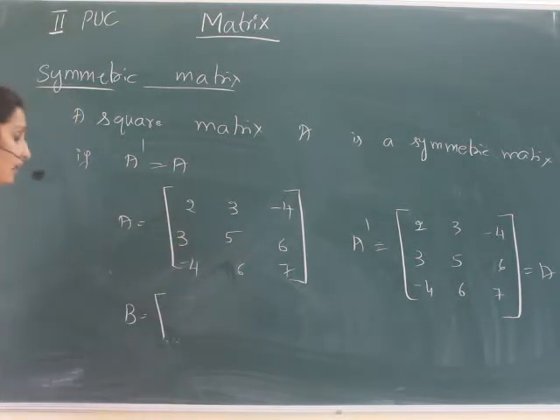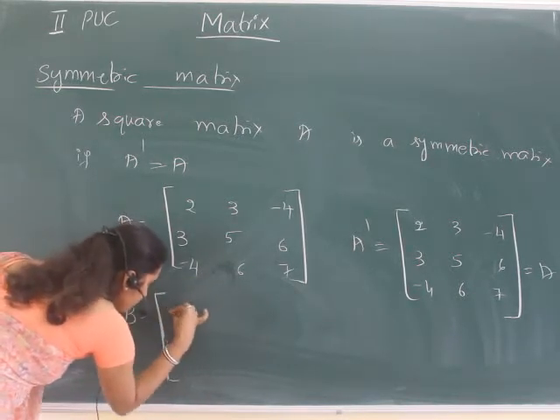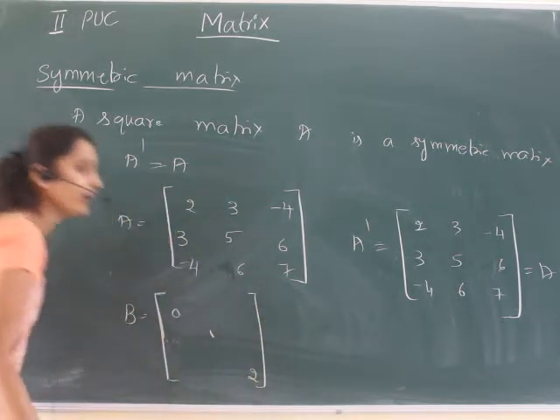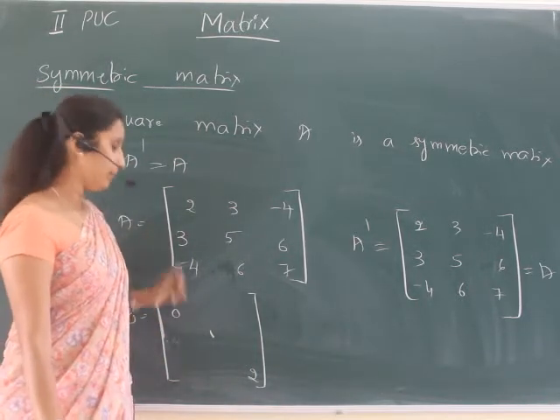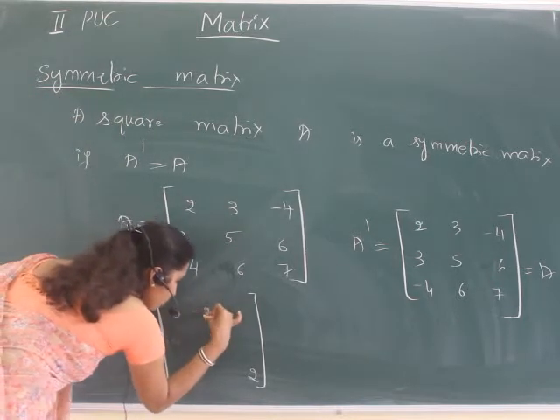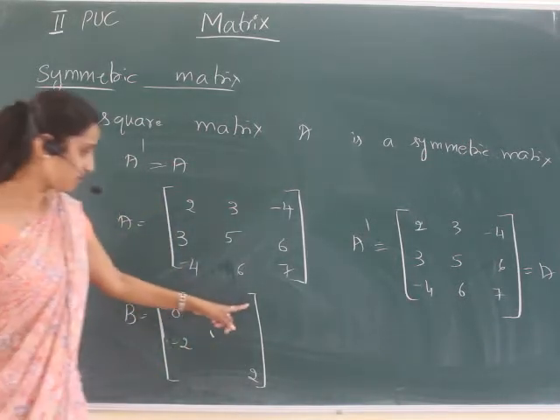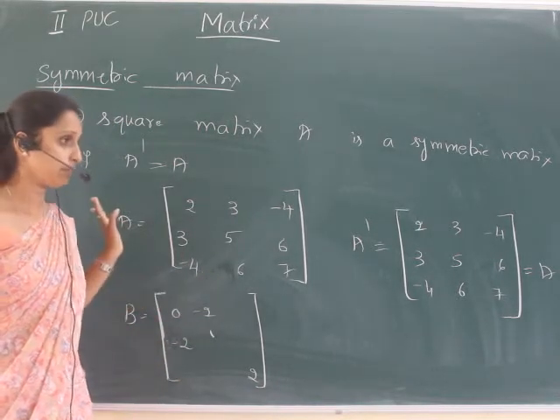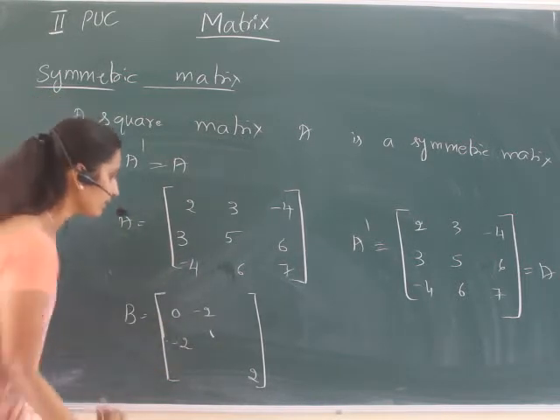First I'll write the elements of the principal diagonal. So it is 0, 1 and 2. So this is a way of writing a symmetric matrix. First I have written the diagonal elements, then I'll go for these two elements. That should be the same element. So I'll consider it as -2 and -2. And one more, I have to enter the same elements in this position. A13 and A31 positions should be the same element. So I'll take it as 8.